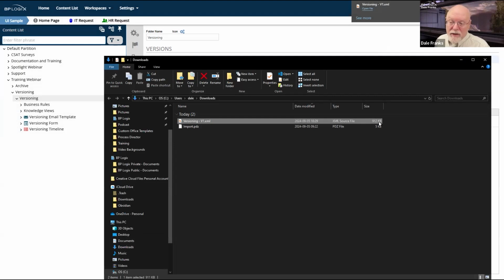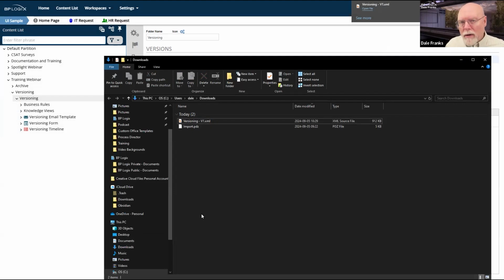Technically, I could take this version and import it into another Process Director server because it's a Process Director XML file. Most of the time, when you export a Process Director application, as we'll be doing here in a couple of minutes, the file format is PDZ.